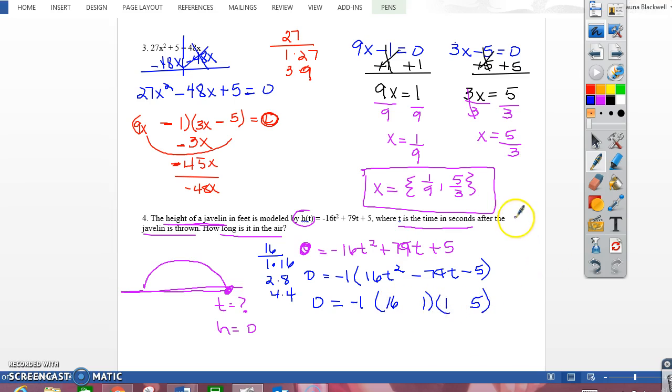Okay, 16 times 5. If you work that out really quickly, 16 times 5 is 80. So 16t plus 5, and then 1t here. My outer would be 80t. My inner would be 1t. So in order to make negative